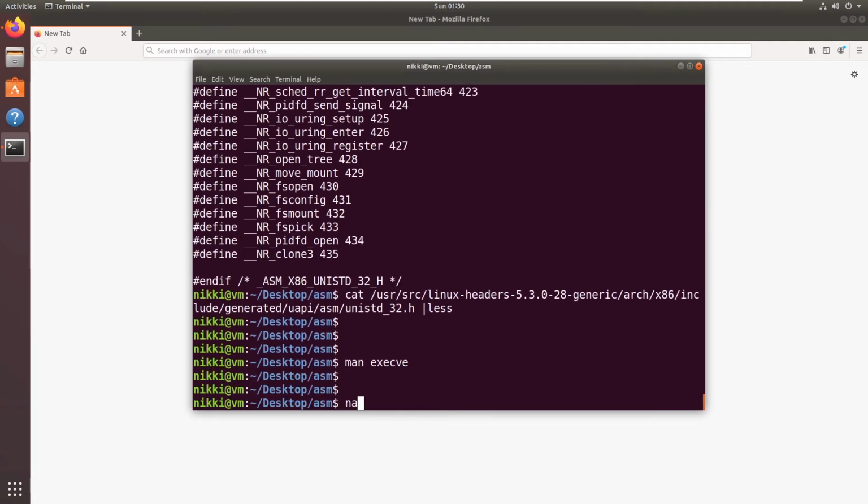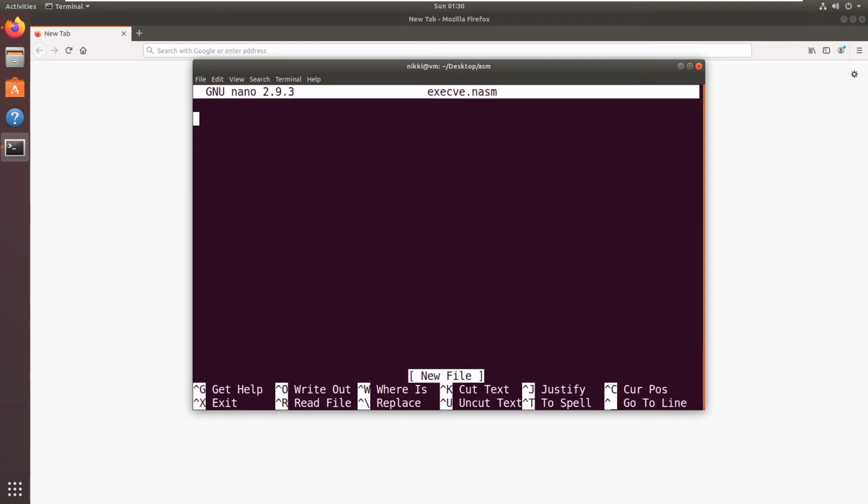Alright, now let me create a new file. Now I will write the global _start. I am directly writing the text section. We don't need any data section here. First I am going to clear some registers using the XOR operation. Performing XOR on the same register gives us 0, and that will be stored in that register.